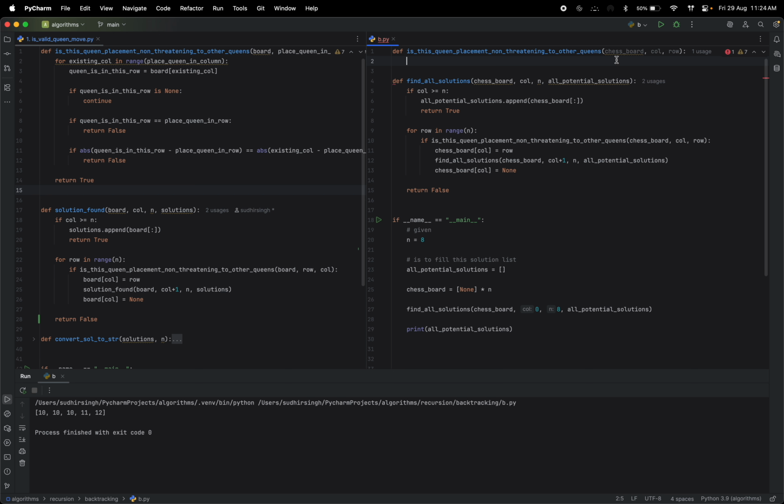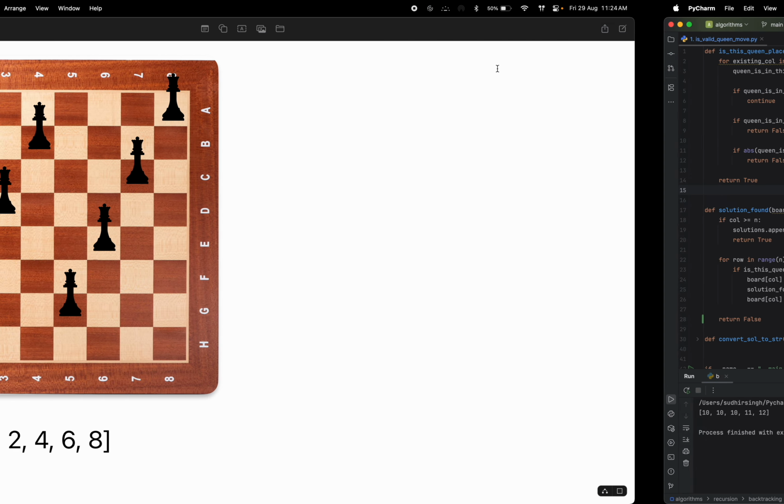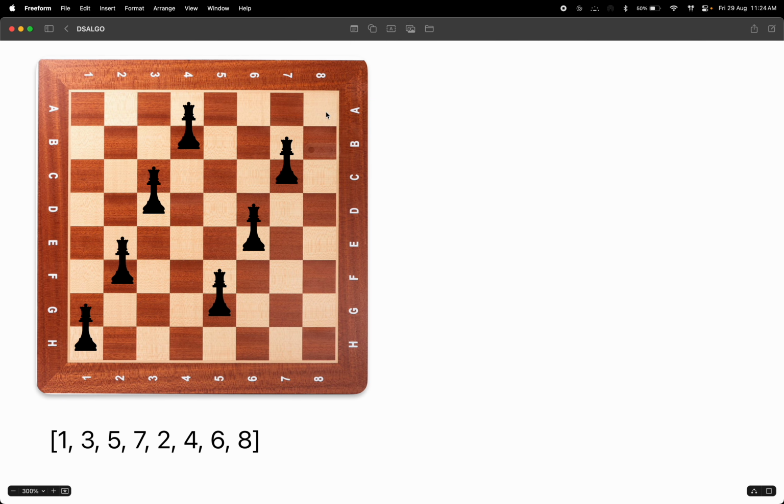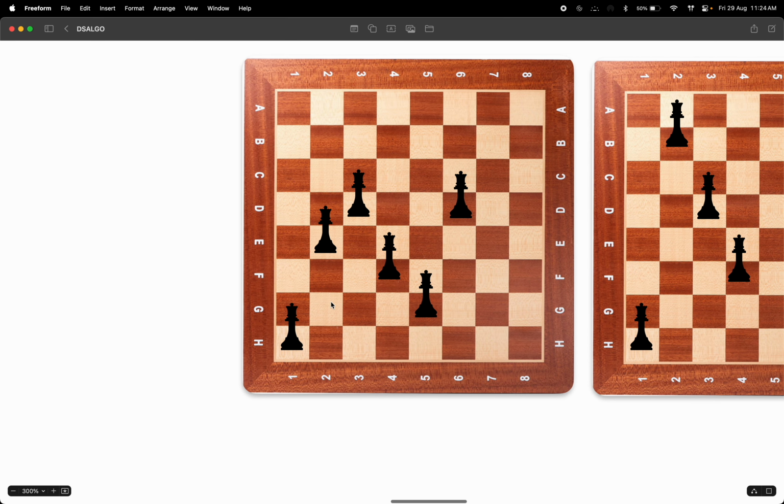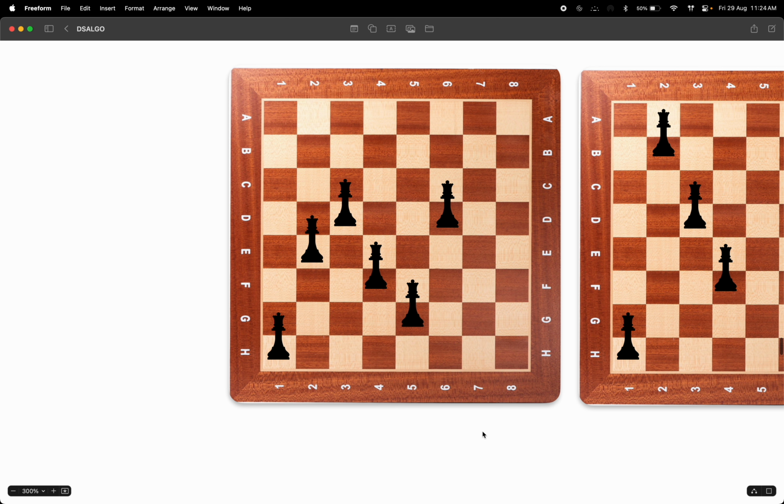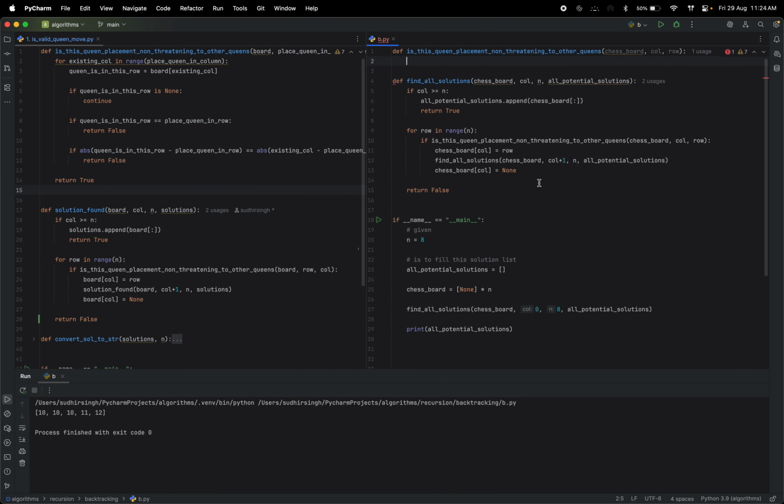Okay, now let's try to understand this question. This particular portion of the problem is: given a chessboard, any chessboard, whether it is this chessboard or this chessboard, and given some row and column, I need to tell whether it is valid or not. Now what we are going to do here is